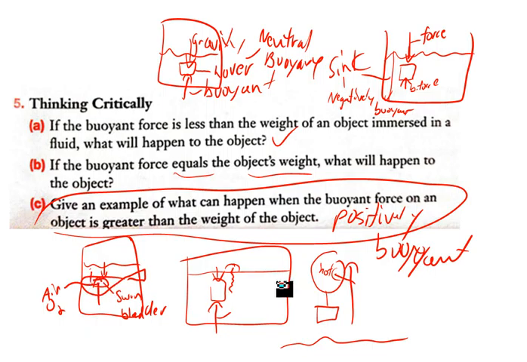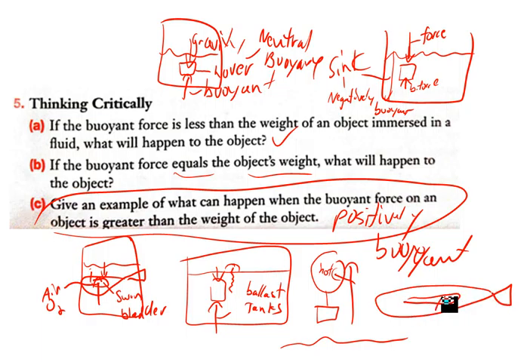Or we could even talk about a submarine. Submarines have ballast tanks, and we can put water into those ballast tanks in the submarine. So here's my submarine, and inside, kind of like swim bladders, they have ballast tanks, and that ballast tank can have air in it or it could have water. If it has